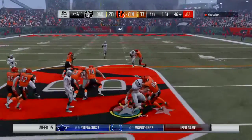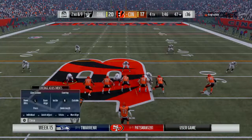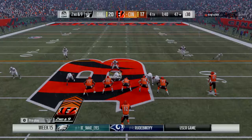Mixon with a first down carry. And a minimal gain here as he's up to about the 47-yard line. Just a yard on the first down carry, so it's 2nd and 9. Not in a position where they absolutely have to rush right now, but they definitely have to pick up the